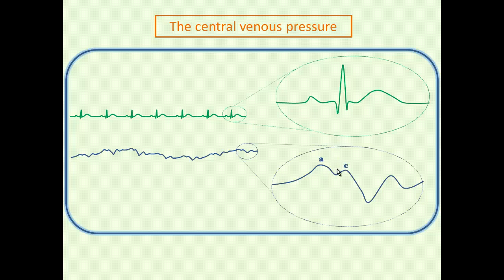And then at this point here, the tricuspid valve closes and you get isovolumic contraction in the right ventricle, and that's discussed in chapter 2. And then this blip, the second positive deflection of the CVP, which you may not see because it can be below the limit of detection